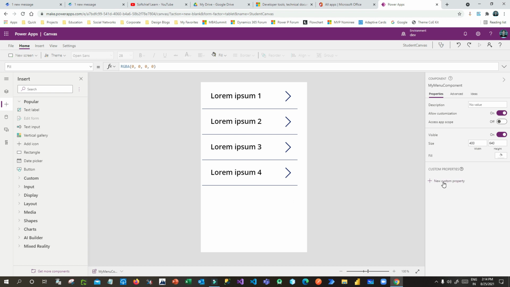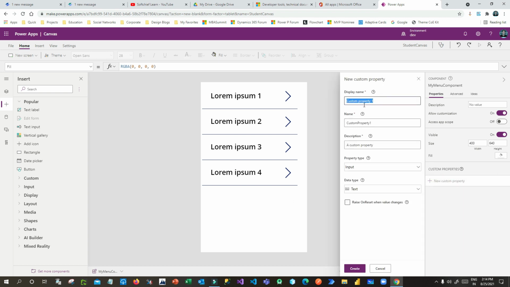First click on new custom property and give an item property. I want to give an item property called menu items, and give a name. You can keep the same name here, and the description, let's say menu item. Here you can define whether the property you are defining for this component is input type or output type.